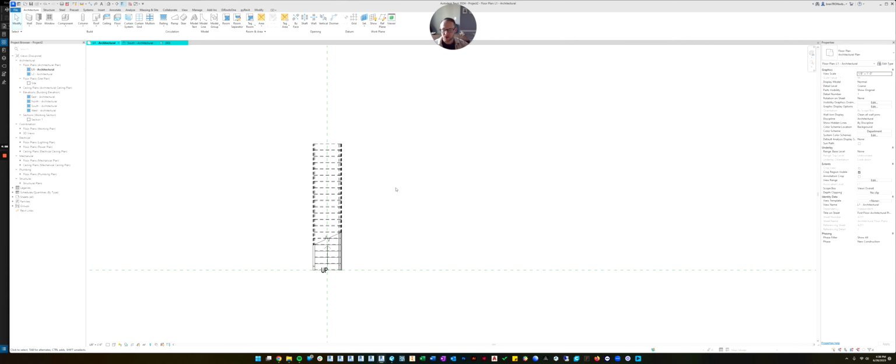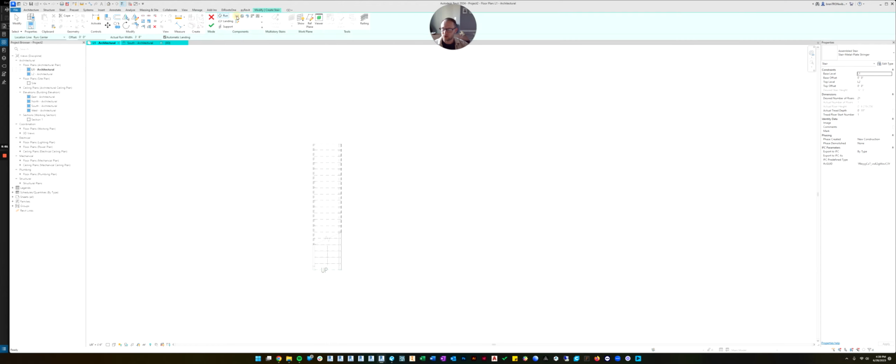Now, what if we wanted to make a stair with a landing in it? Let's do that. Let's click the stair command, we'll do our normal straight run, and we'll make sure that the base and top levels are right. So we can click and start dragging. And let's just do 10 feet 1. And at 10 feet 1, you can see there's 12 risers created and there's still 9 remaining. So I'm just going to go to there, and then I'm just going to click anywhere over here, and I'm going to finish. Do you see how it continued counting? Stopped at 12 and then started at 13 up to 21.